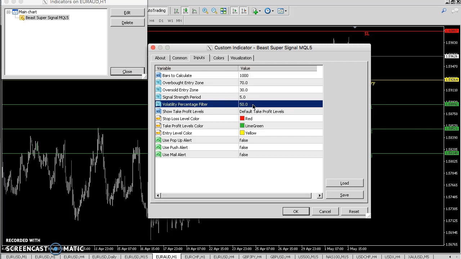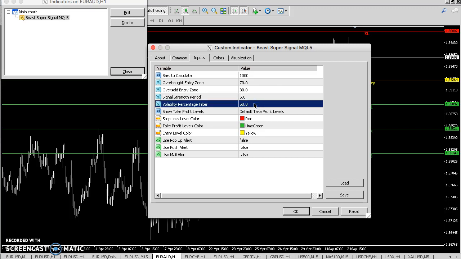So if we have the default set at 50%, if you increase this percentage, it will filter out more signals and increase the accuracy. And if you decrease it, it will increase the amount of signals, but then the accuracy does go down. So, you are welcome to play around with these levels and find a level suitable to your